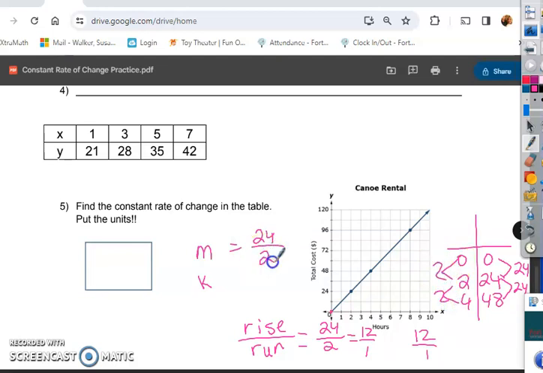And this is an example of one where we would simplify it. Because I can do just 24 divided by 2. Or divide the top and bottom by 2, it doesn't matter. But I get 12 or 12 over 1. So m is 12 over 1. So my constant rate of change is 12. And it says let's put the units. So 12 dollars